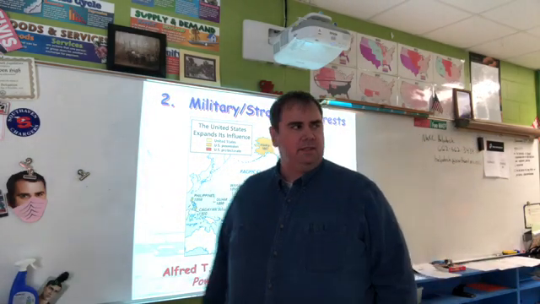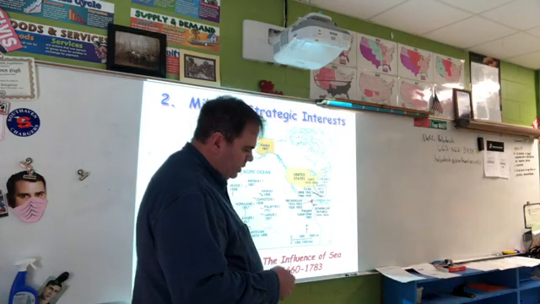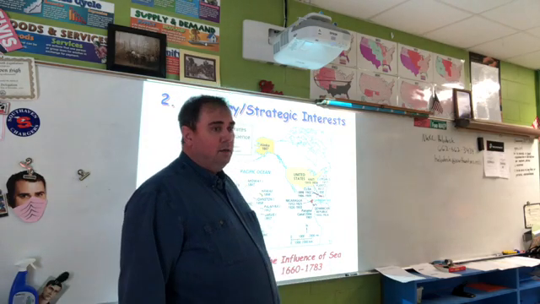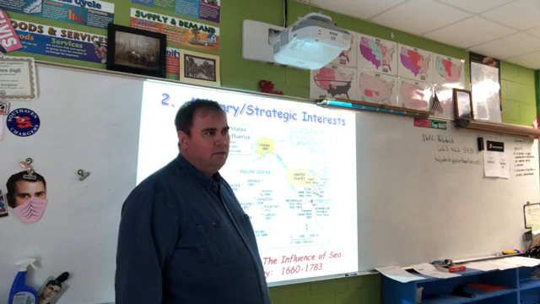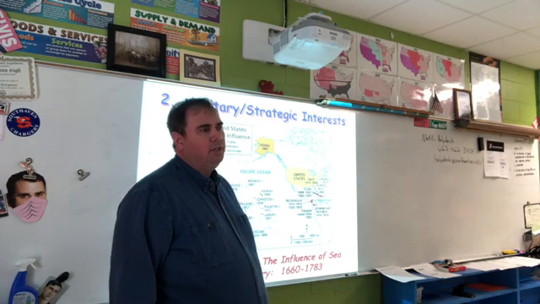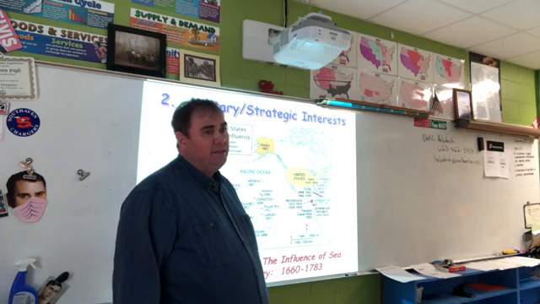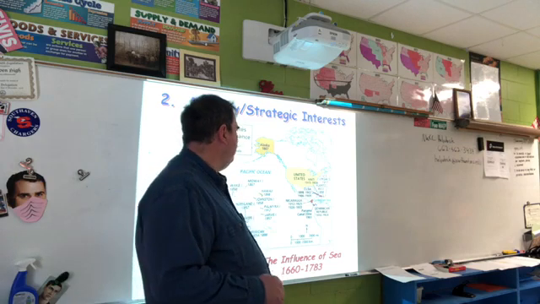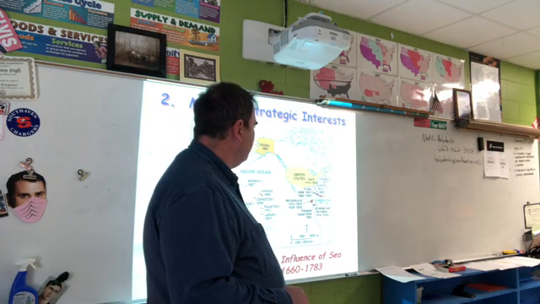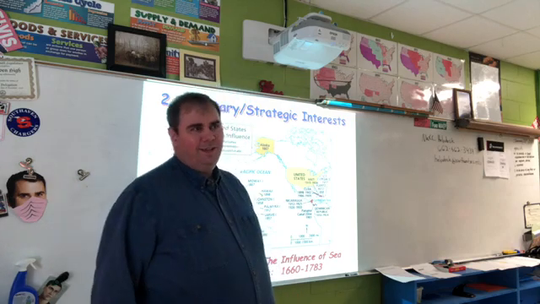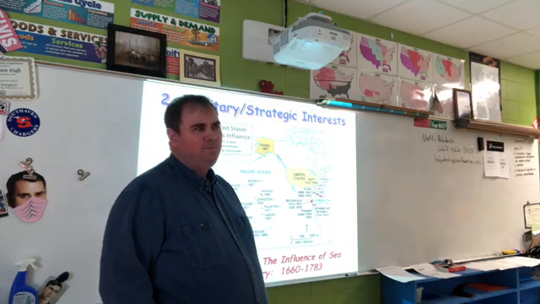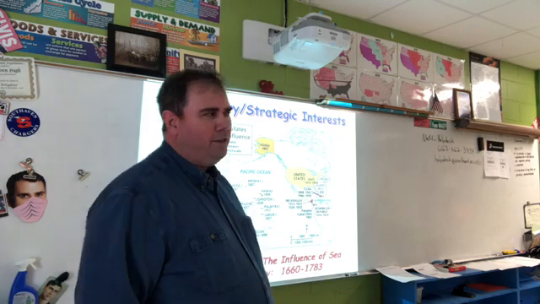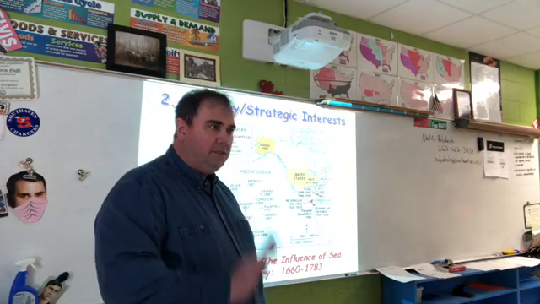But military interests, basically, we have this huge country, and now that we do have two whole coastlines, that's pretty awesome, right? How long does it take to get from one coast to the other in 1890 on a ship? You're looking at about 4 months. What if we get attacked over here and our fleet's over here? Well, that's tough. We better hold out, or no more America. I think we could probably assemble a ship to go fight before we could get one over there, okay? So that is a strategic problem, isn't it?